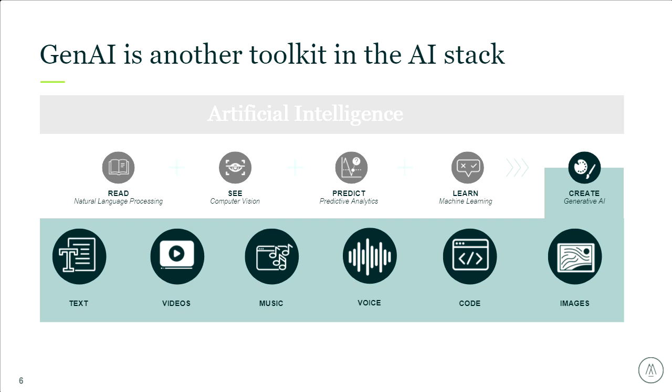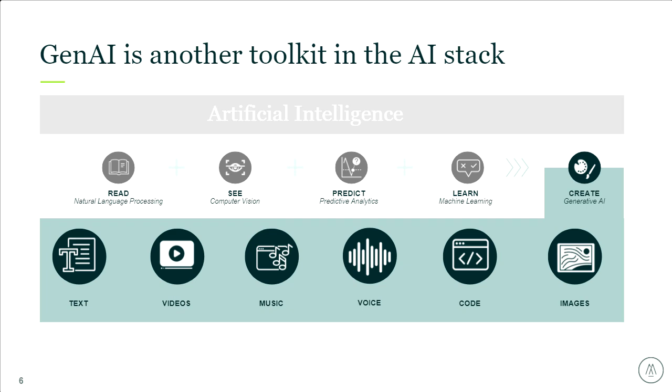At its core, we like to define AI as computer systems designed to perform tasks that typically require human intelligence. So think of tasks like speech, seeing, interpreting images, recognizing patterns. And of course, why we're all here today is that creating element. This creative ability is what we call generative AI.